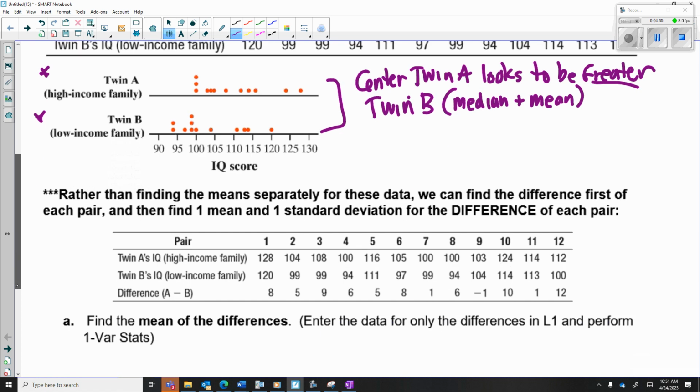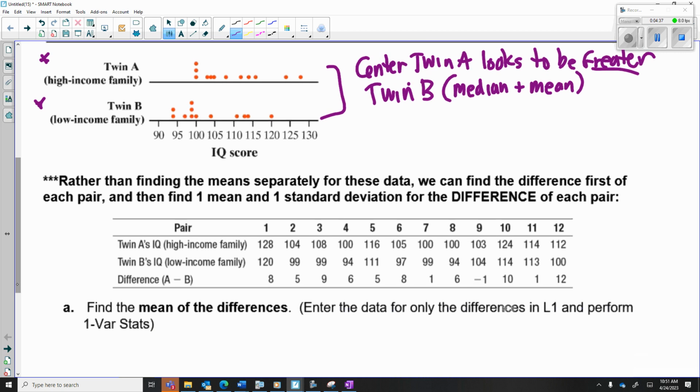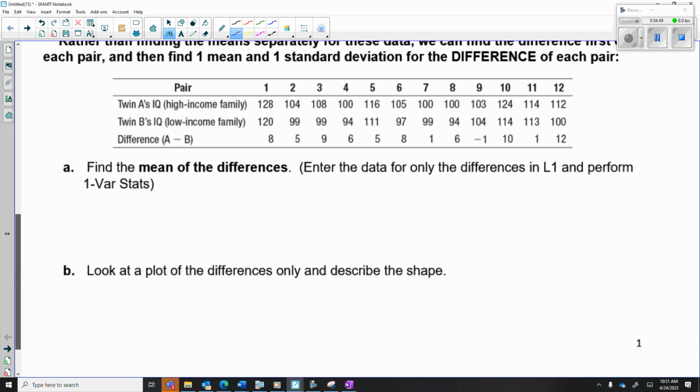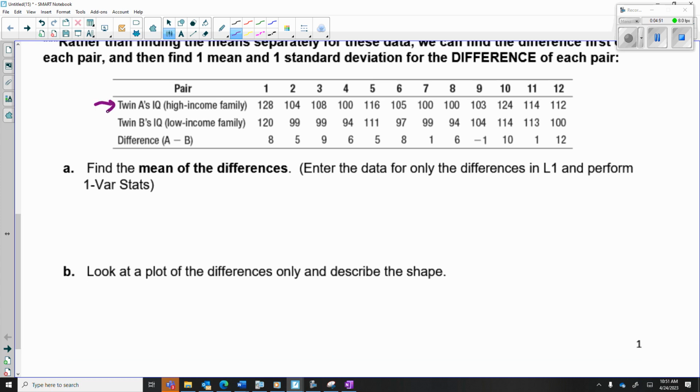So rather than find the mean separately, which we could do, we can find the difference of each pair, and then we can just analyze them as a one sample situation. So basically what they do is they look at the pairs, and instead of doing the mean of A, the standard deviation of A, the mean of B, the standard deviation of B, they find the difference between each pair, and it looks like they did